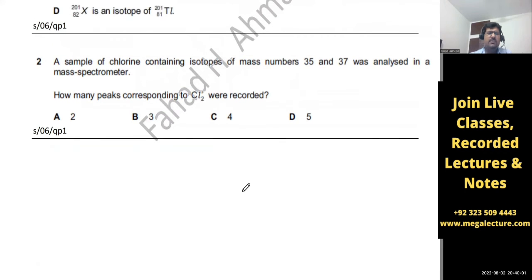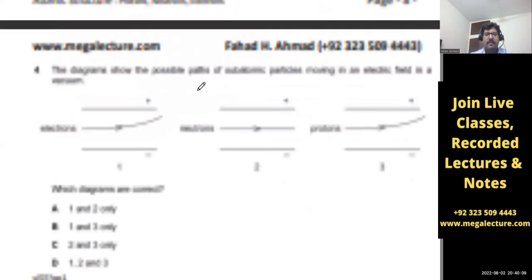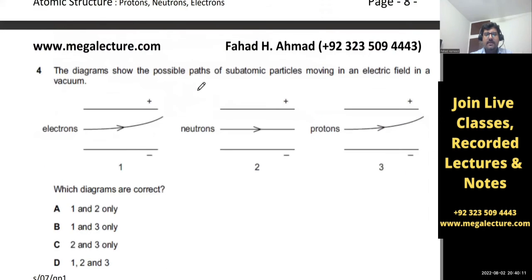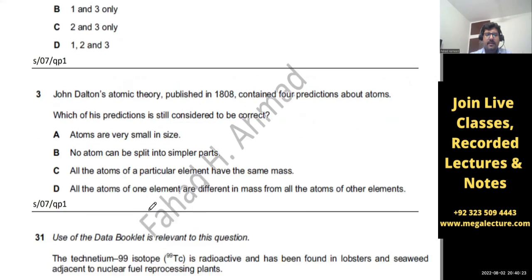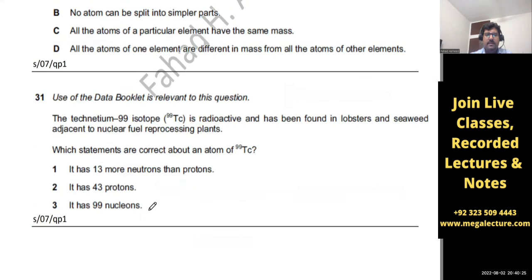अच्छा, so this question, I'll do this question although we haven't done mass spectroscopy, right? नहीं बल्कि छोड़ ही दो इसे, mass spectroscopy we haven't done that. This one is kind of, which of these diagrams are correct? 1 and 2. ठीक है, 3 वैसे ही गलत है. ये सब भी